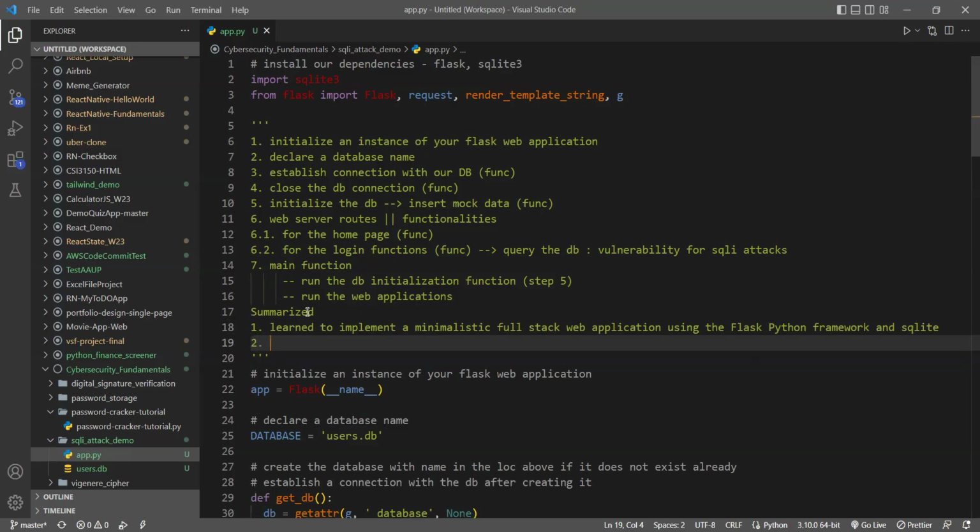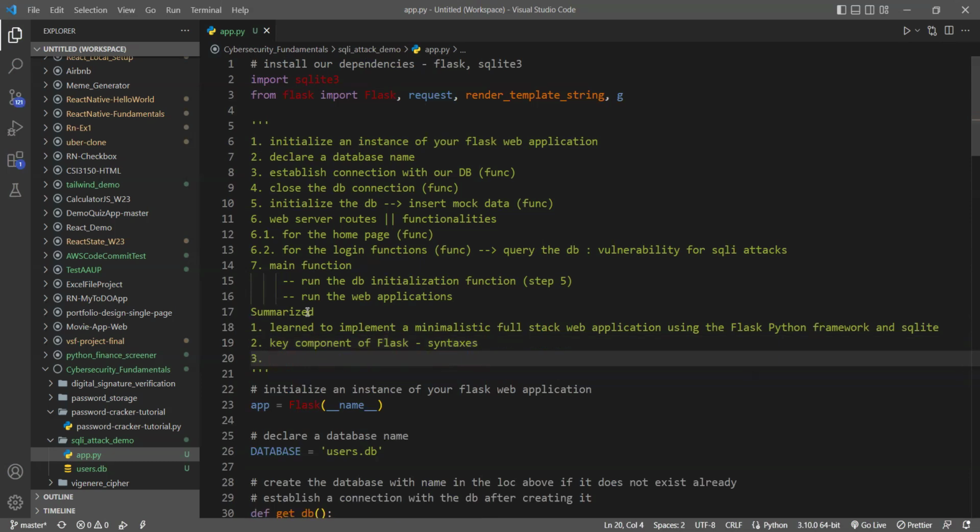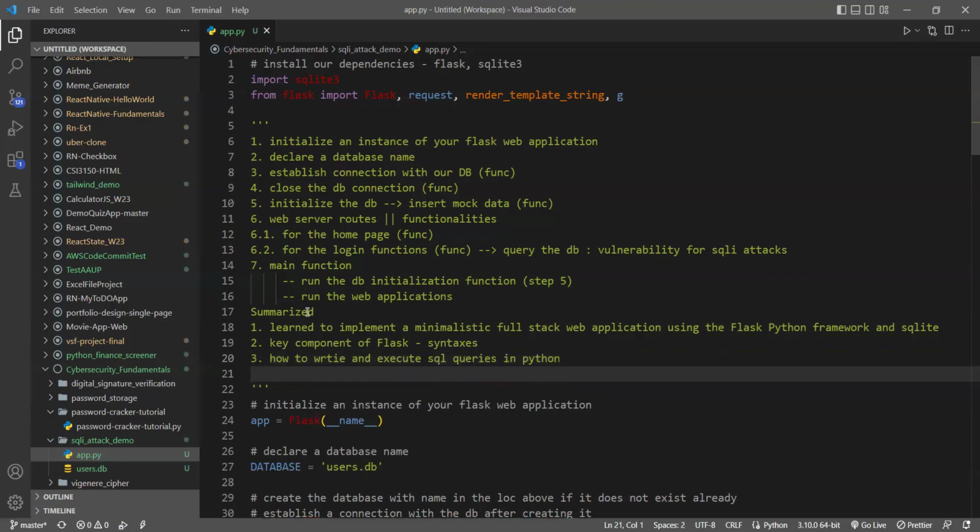Okay. We learned about some of the key components of Flask, that is with respect to its syntax. All right. We learned how to write and execute SQL queries in Python. Sweet. And we demoed SQL injection attacks and how to solve them,